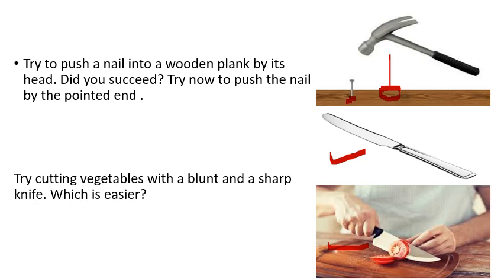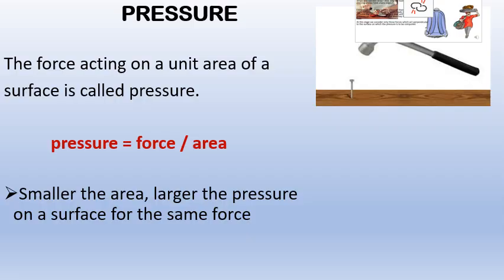But in the second case, you can see the force is applied over this large area so that our task was very tough. Here you can see that in the second case, when you are using this kind of blunt knife, cutting vegetables is a very difficult task because here the area is a little more. But when you are using a sharp knife, on this side you can see the area is very less. So whenever the area is less, our task is much easier. Let's discuss more about this.